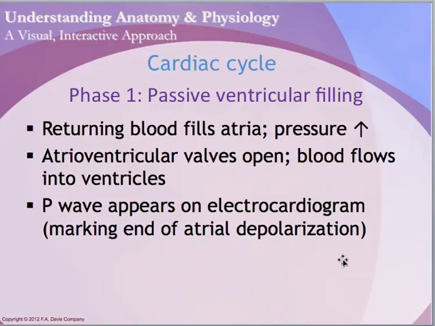So phase 1, we have passive ventricular filling. Returning blood fills the atria, pressure increases, the AV valve opens, and blood flows from the atria into the ventricles. The P wave appears on the electrocardiogram, marking the end of atrial depolarization. So we're getting blood passively filling from the atria to the ventricles, and then all of a sudden we get the